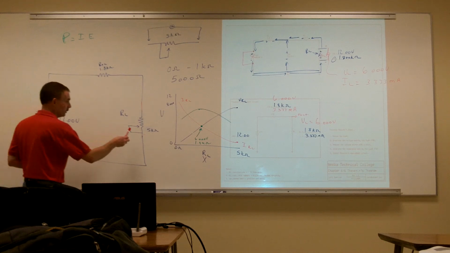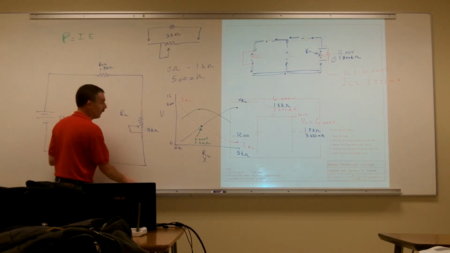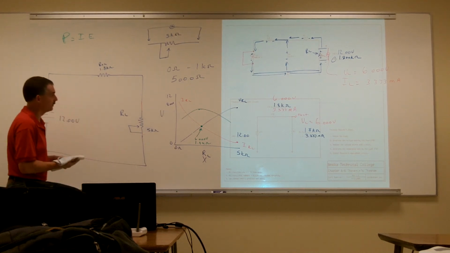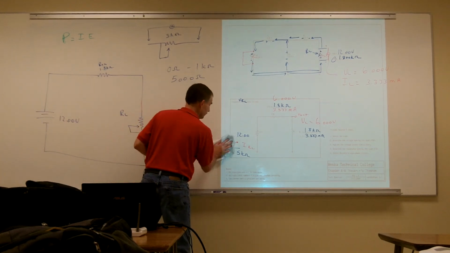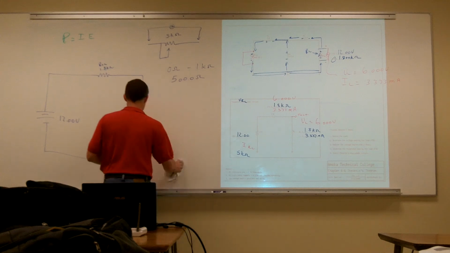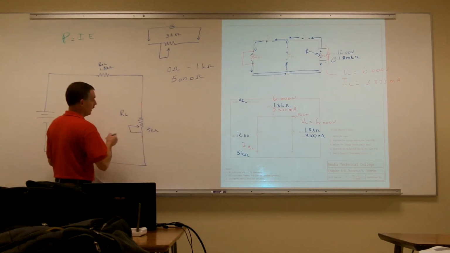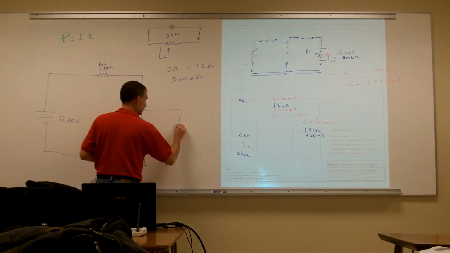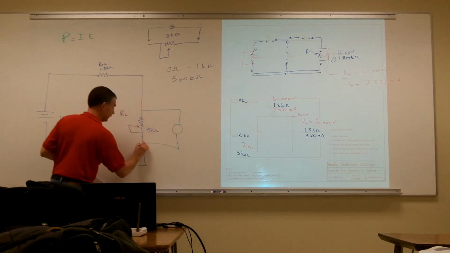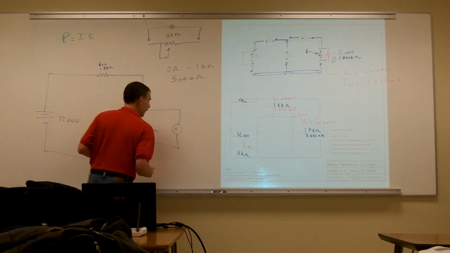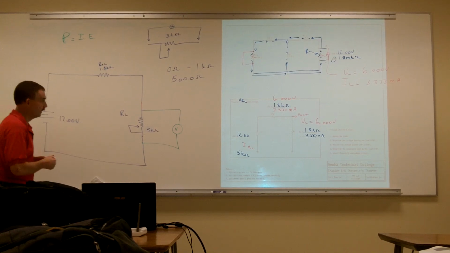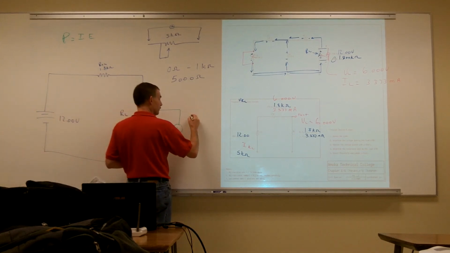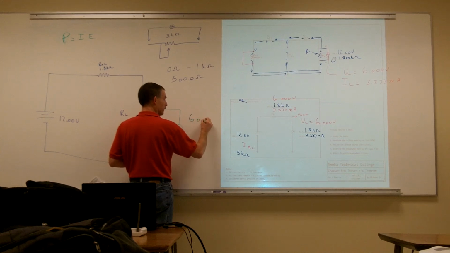But I would go ahead and just start tweaking this up. So if I wanted to find out what my Thevenin resistance of that is, a quick way of doing it is I'm going to put my voltage source right across here. And if I want to find out what my maximum amount of power transfer is to the circuit, I'm going to be watching for my voltmeter to get to